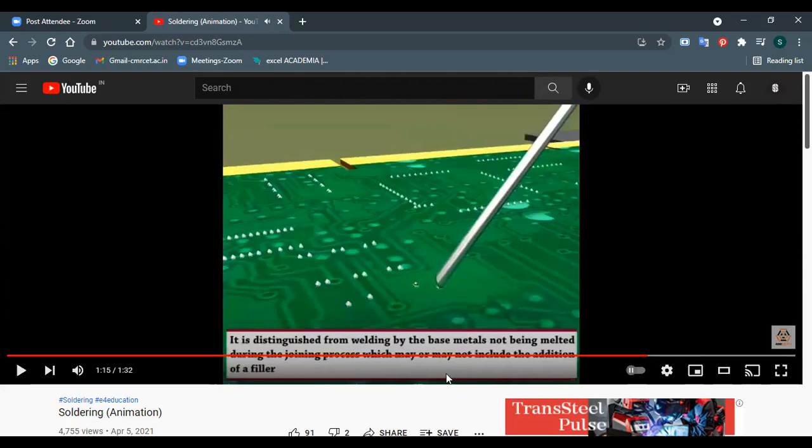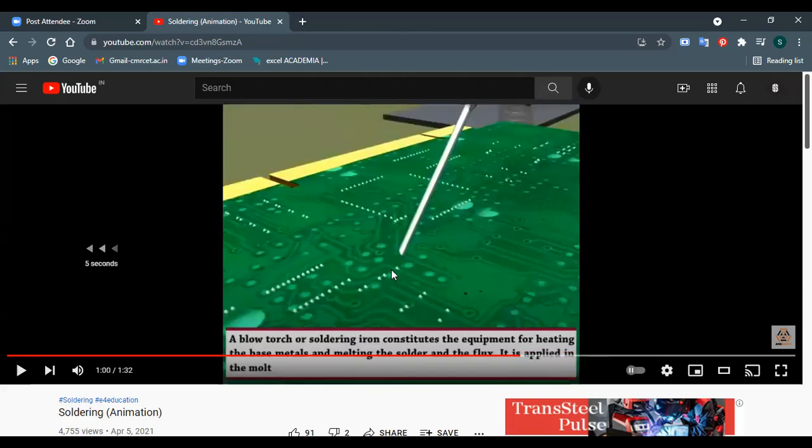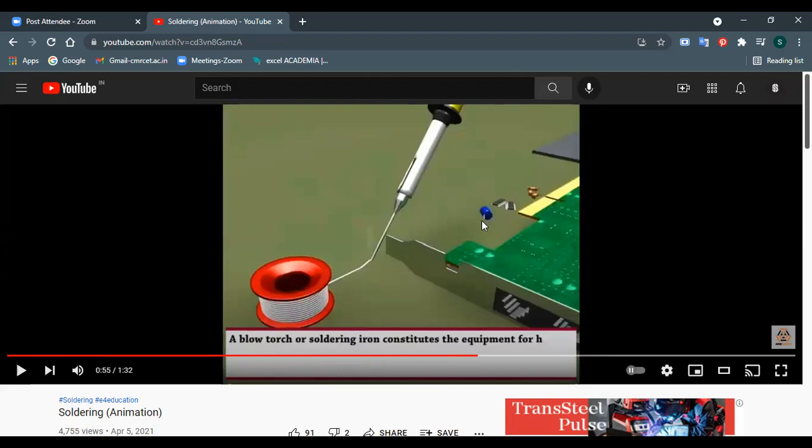Right? So another major difference you can observe, apart from the strength achieved in welding, is that in the welding types we have seen earlier, the base metal is melting, but here in soldering the base metal is not melting. Those electronic components are not melting. The IC chip is not melting, right? What is melting is our filler metal, which is responsible for joining the tips of the electronic components to the IC chip, this, what we call PCB.